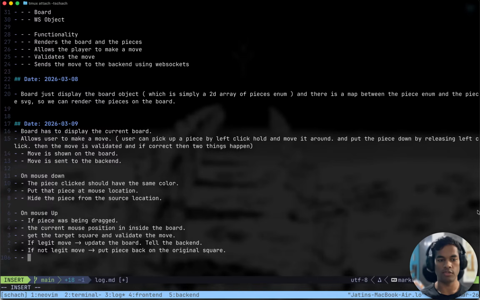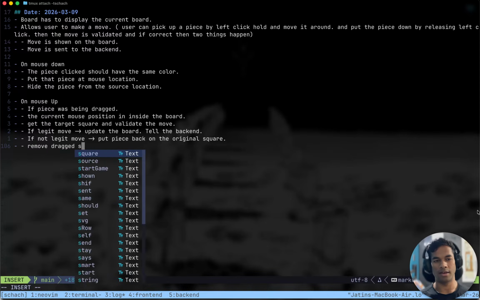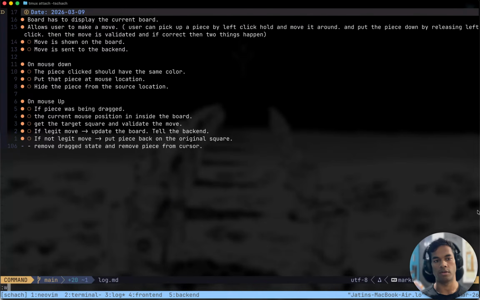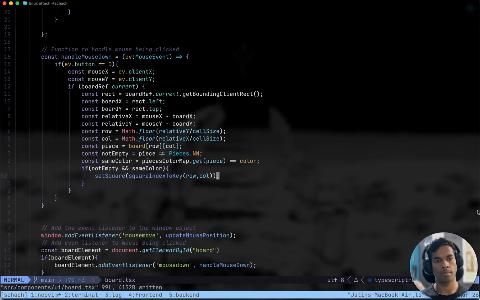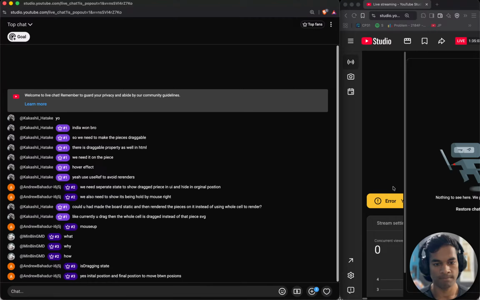And the things we have to do in both cases is remove drag state and remove piece from cursor.